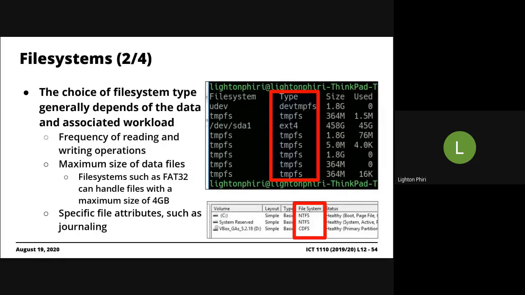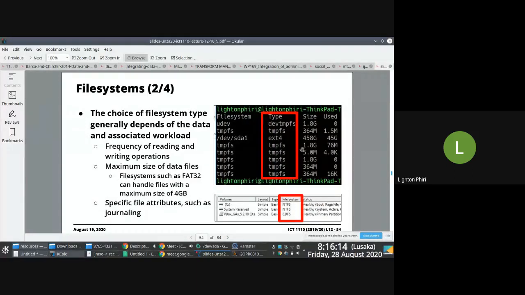But if you know exactly what you're doing, you can change the file system type to use. And it's easy. It's easy because when you're installing a new operating system, for instance, I don't know if you figured this out, but you tend to optionally format the storage medium before you can install the operating system. So the formatting process will